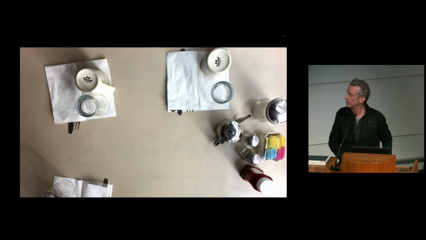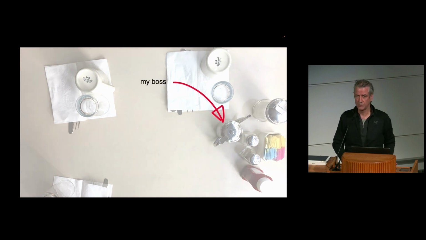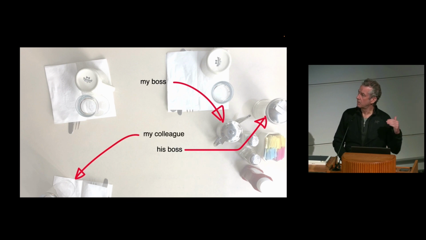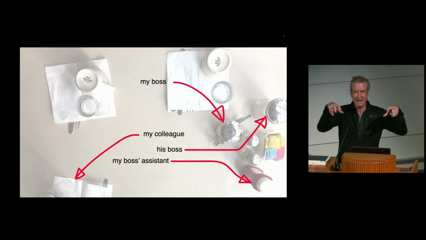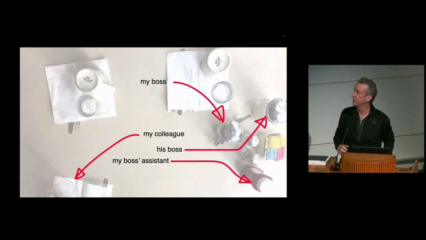Imagine you're struggling with one of your coworkers and you've gone out for lunch. You're going to take everything that's on the table and you're going to say, my boss is an idiot, his boss is a bigger idiot, and my colleague is this or that or the other. We're going to take anything that we have and just start moving it around the table. It's almost impossible, if you are at a diner table discussing something that's driving you nuts, not to start picking things up and moving them around.